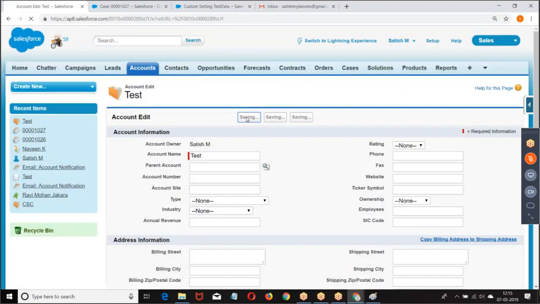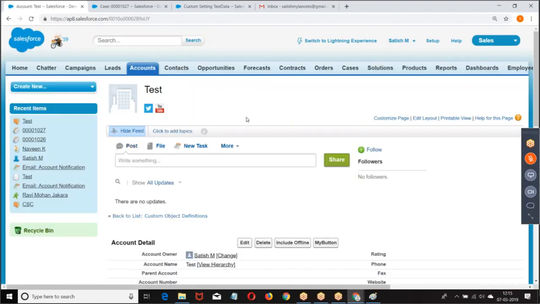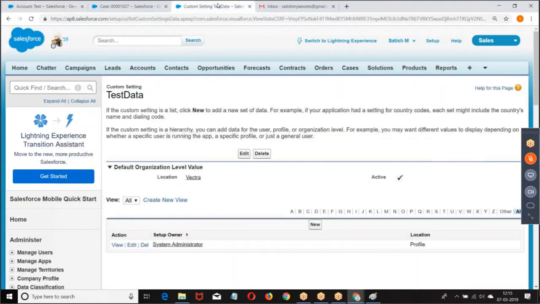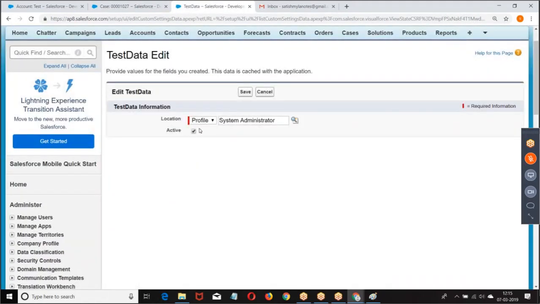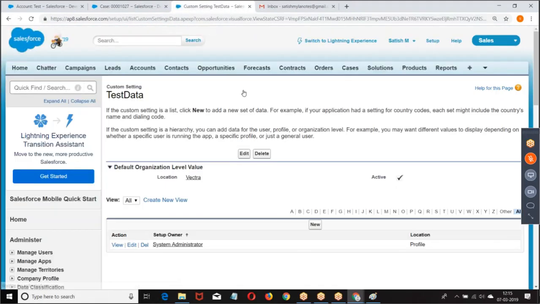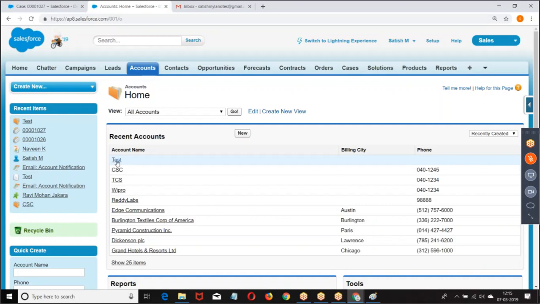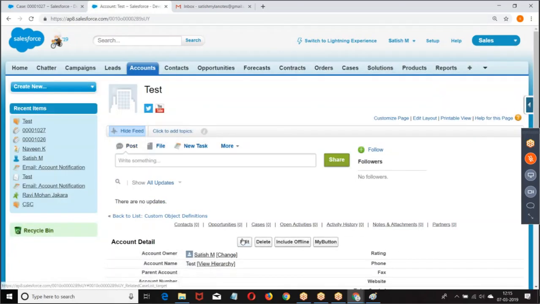Edit. Save it. Not enabled here. Edit. Administrator. Go back to the record again. Account. Test. Edit.